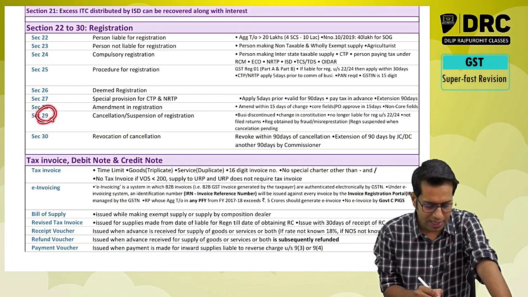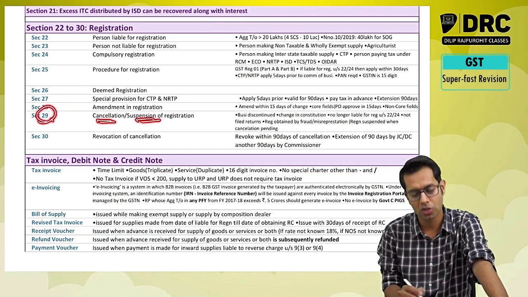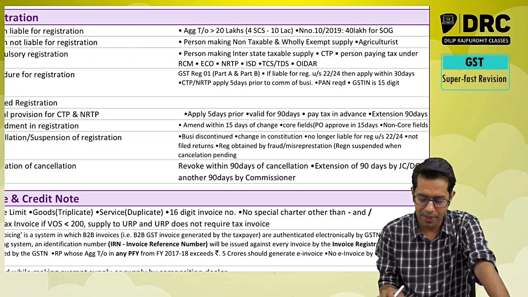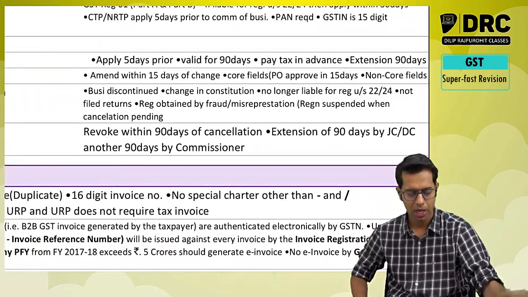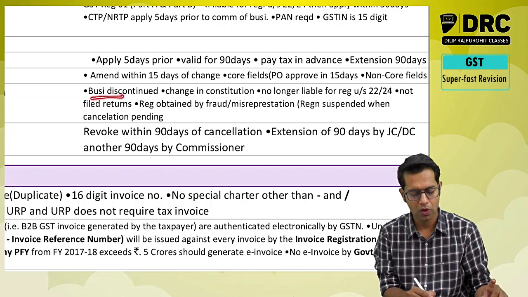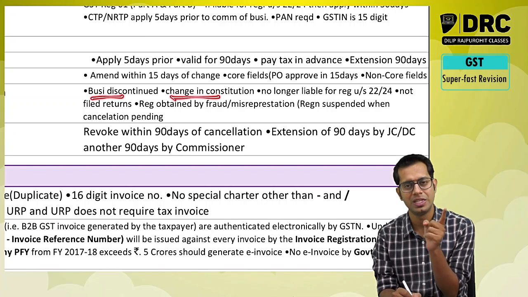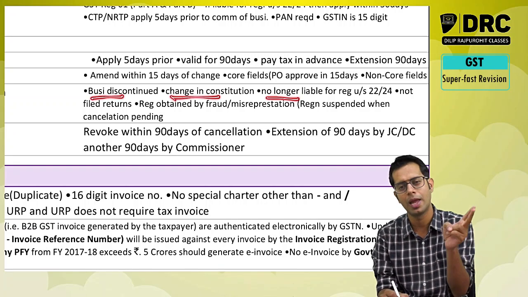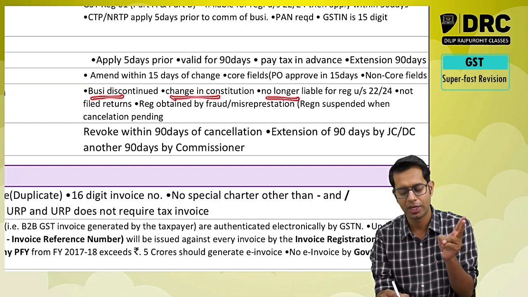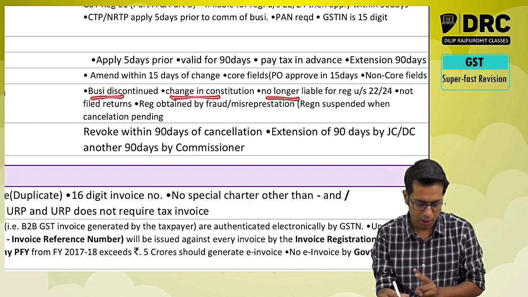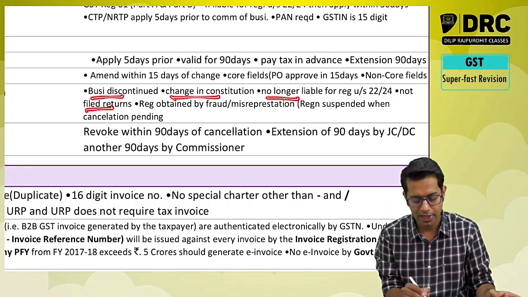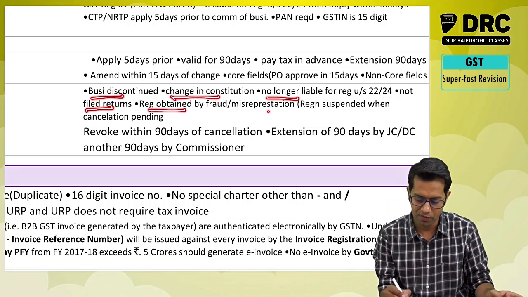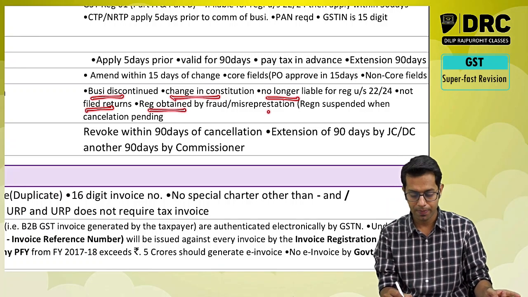Then section 29 talks about cancellation or suspension of registration. Your registration can be cancelled by the proper officer, or you yourself can cancel the registration. You can cancel if your business is discontinued, if there is a change in constitution of business, or if you are no longer liable to take registration under section 22 or section 24. Your registration will be cancelled by the proper officer if you have not filed the returns, or if your registration is obtained by fraud, willful misstatements, or